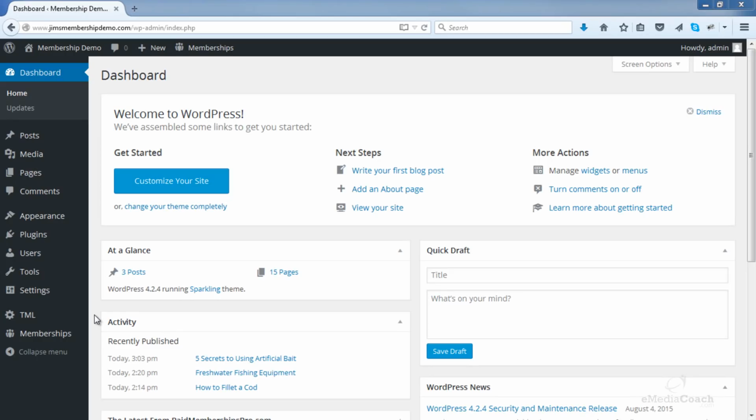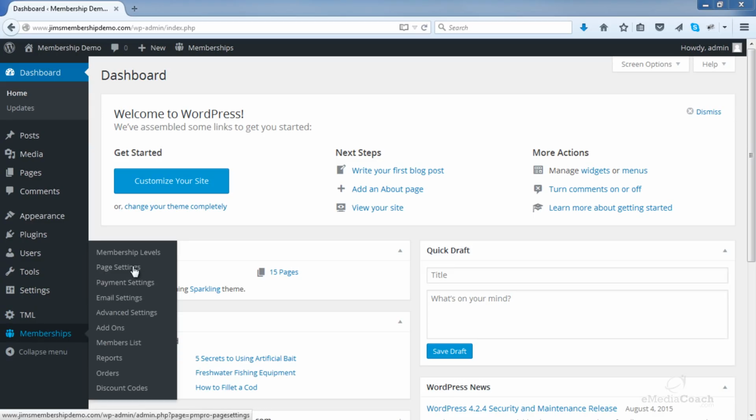The next thing I want to demonstrate is how to create additional membership levels. So say for example, you want to create a level where members can register for free membership. So maybe that can be like a bronze membership, then the gold can be a paid membership. So I want to show you how you can do that.